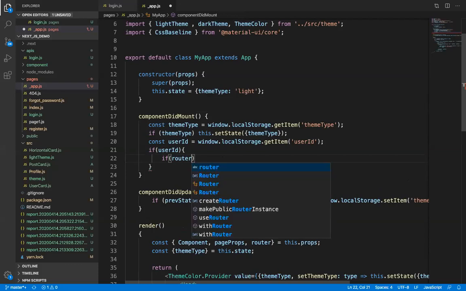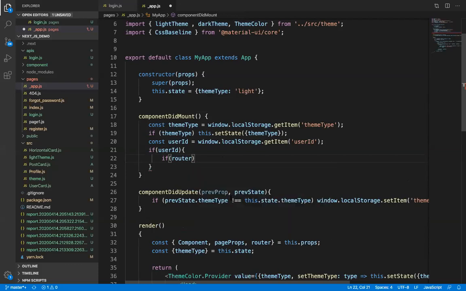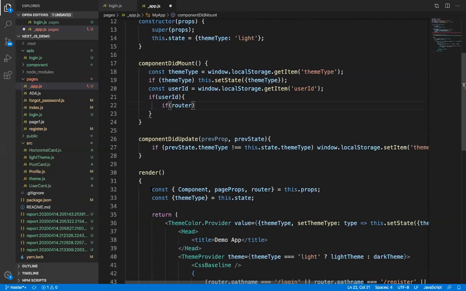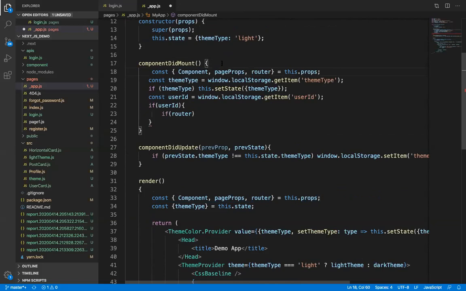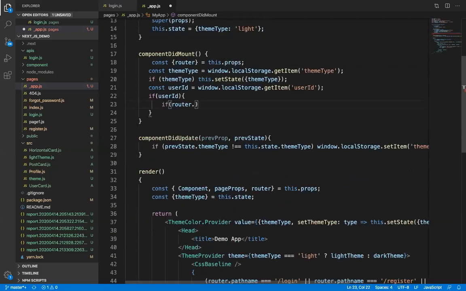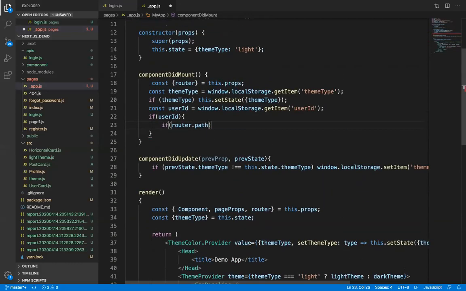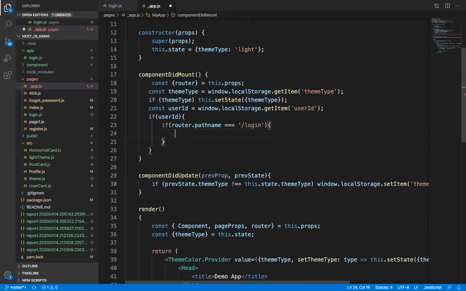router. So we need the router from props. So if router.pathname equals to /login. If the path name is login, then